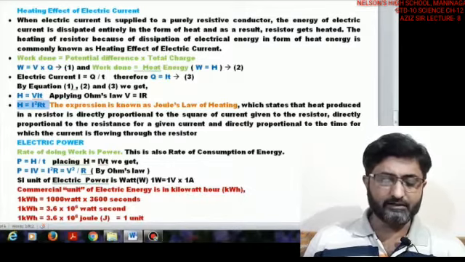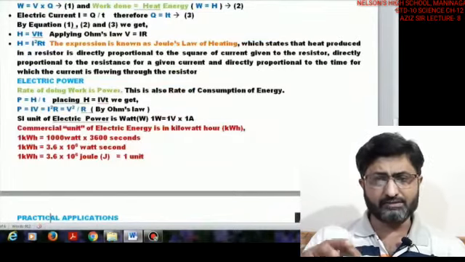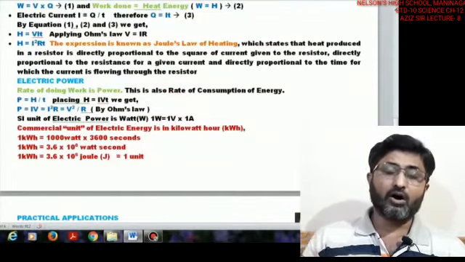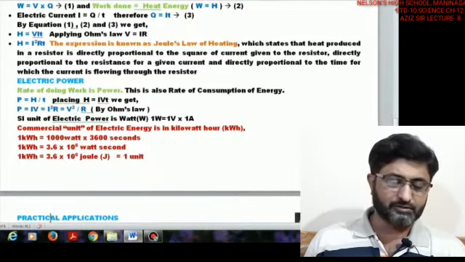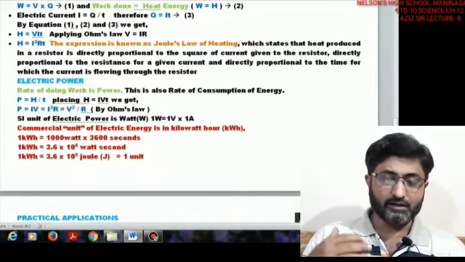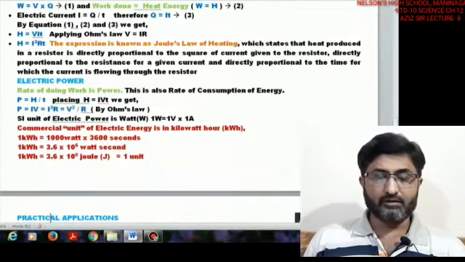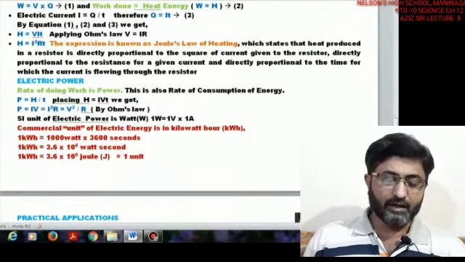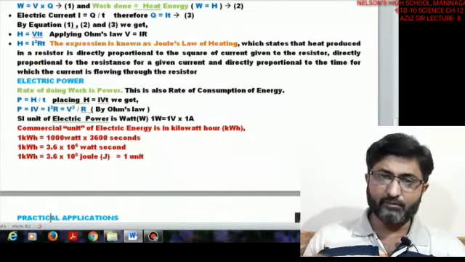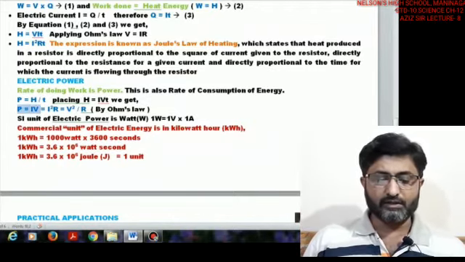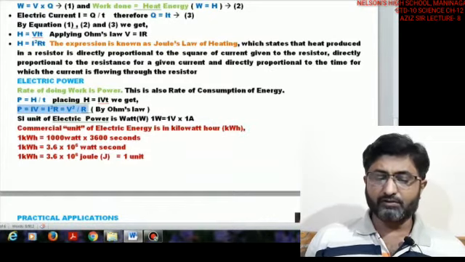Fine. The next topic is electrical power, that is the rate of doing work. How much work is being done, how long the fan is working, how fast it is working per second of time, we say that much amount of power consumption is there. That much amount of energy consumption with respect to time. The word rate states with respect to time. So, P is equal to H by T, and dividing, VI into T divided by T, T and T get cancelled. So, P turns out to be IV, I square R and V square by R.